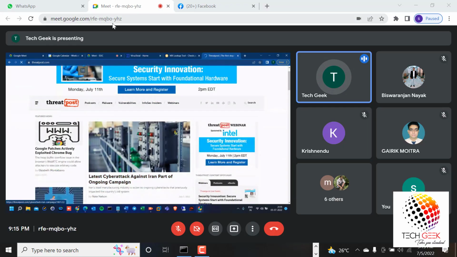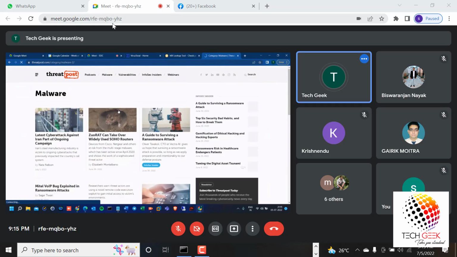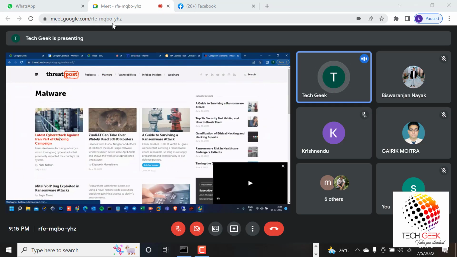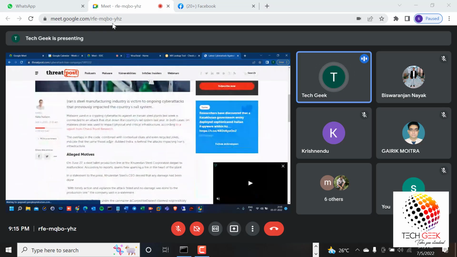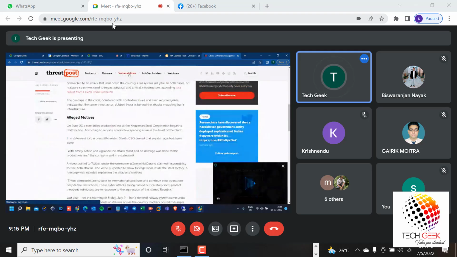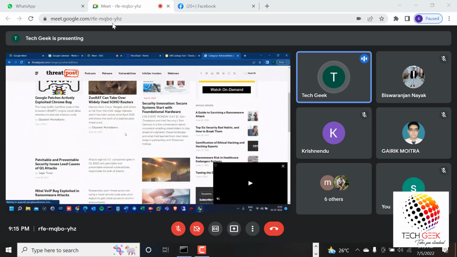So this is a website, Threatpost. In this website, you can see malware categories, vulnerabilities and more. Everyone go through at least one blog on it. It takes 2 to 3 minutes, or 5 minutes. Go through these particular malware types and vulnerabilities. Each and every day there is an update here, on types of malware or types of vulnerabilities. When it comes to vulnerability, these are the weaknesses, right? Weaknesses in the system.